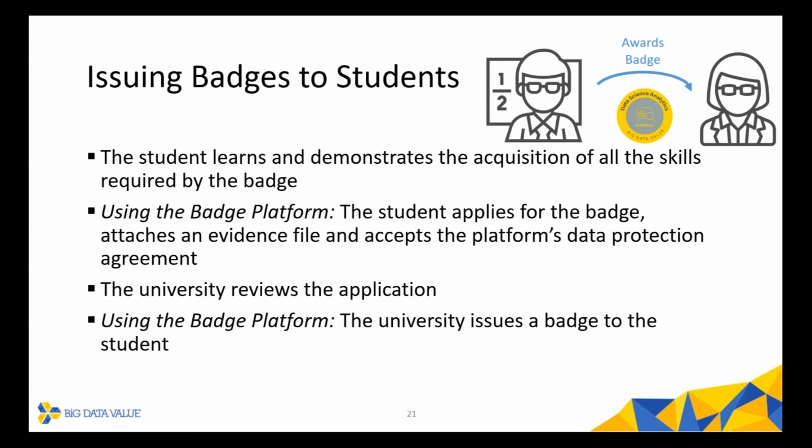Then once a degree program has been told that they are capable of issuing badges, the workflow kind of has 4 steps. The first is the same as always. Students learn and demonstrate the acquisition of the skills. Once a student understands that they've completed the requirements for the badge, they apply for the badge using an application